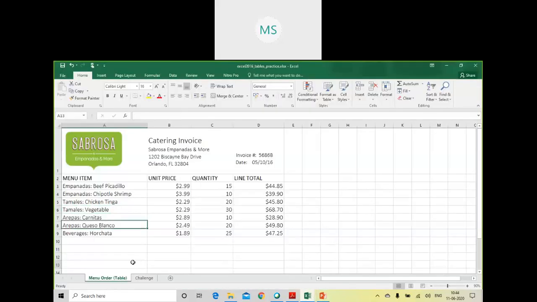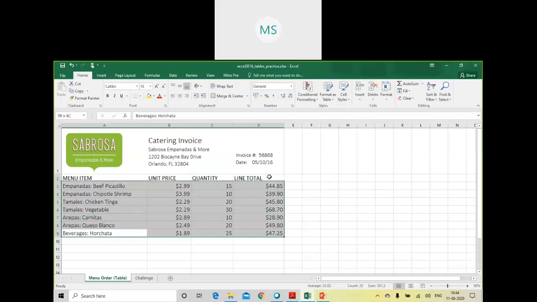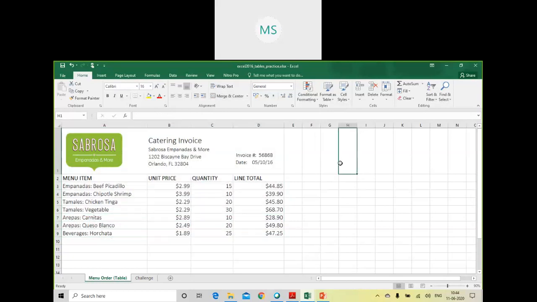So this is my worksheet. As you can see, this is the format of an invoice, and this is a section which consists of the data. As you can see, there is no border in it, no cells are highlighted, nothing is there. It is just plain information entered in cells. Now, if you want to give this particular section of a sheet the look of a table, what you can do